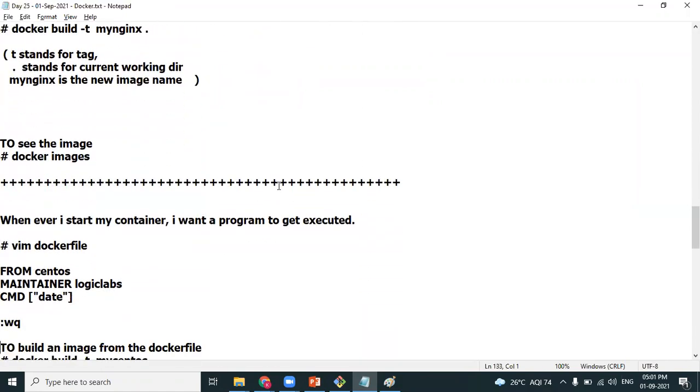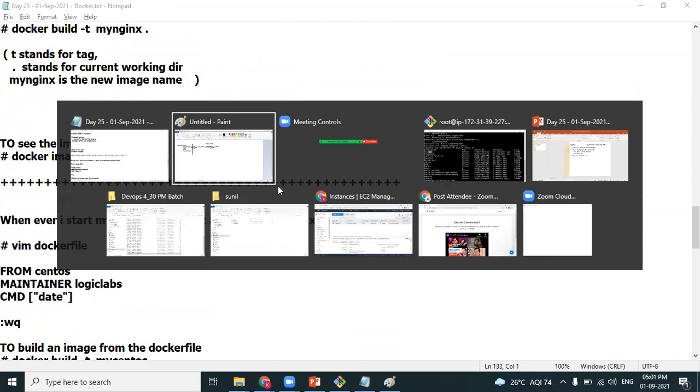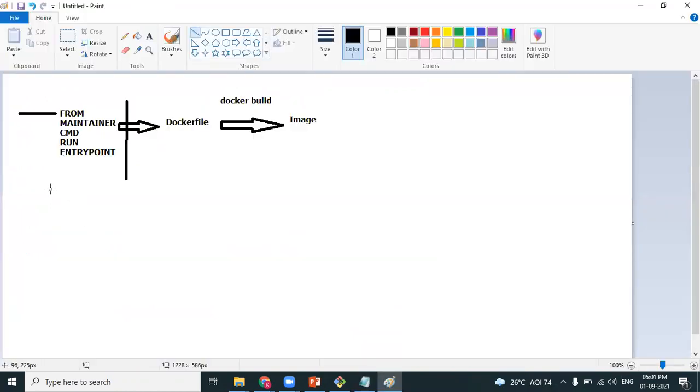This is about the first example. So we have understood the process, Vasant. Any questions in understanding how we can use the keywords and create a Docker file, and from the Docker file, how we can create a customized image? It's a two-step action. Let's look at one more example.